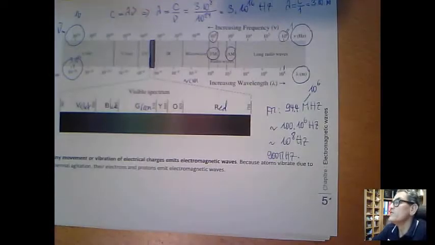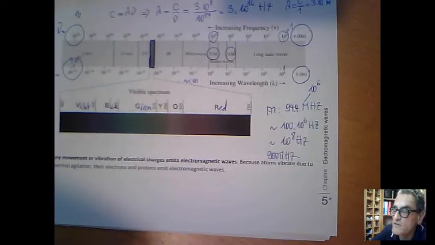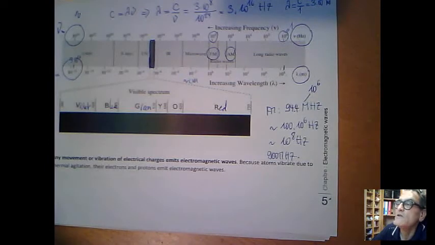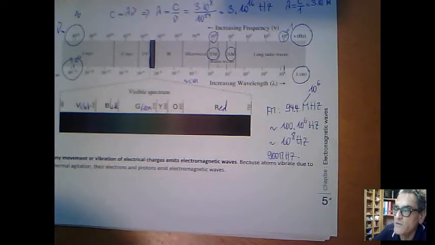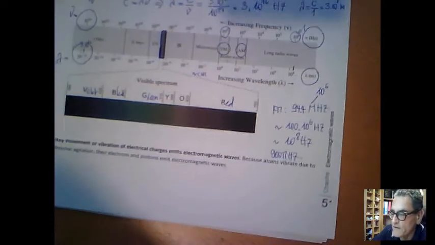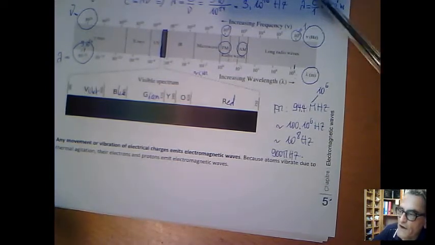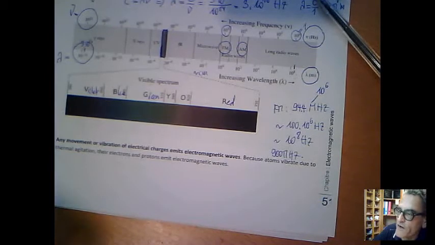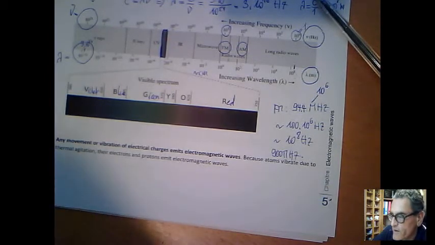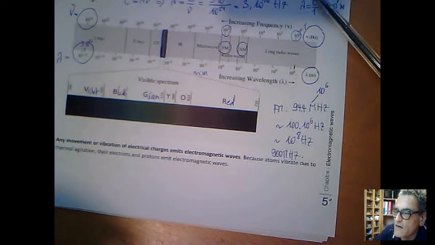Okay? And now if I show you that with true colors, this I have prepared in my browser somewhere. It's here. Okay, you see the image? Yes. Okay, this is basically the same image that I'm showing you. You see on the right that we have radio waves, then we have microwaves, infrared, and here is the visible part. It's expanded here so that you can see all the colors. You see that we have the red on the right side, the blue and the violet on the left side,